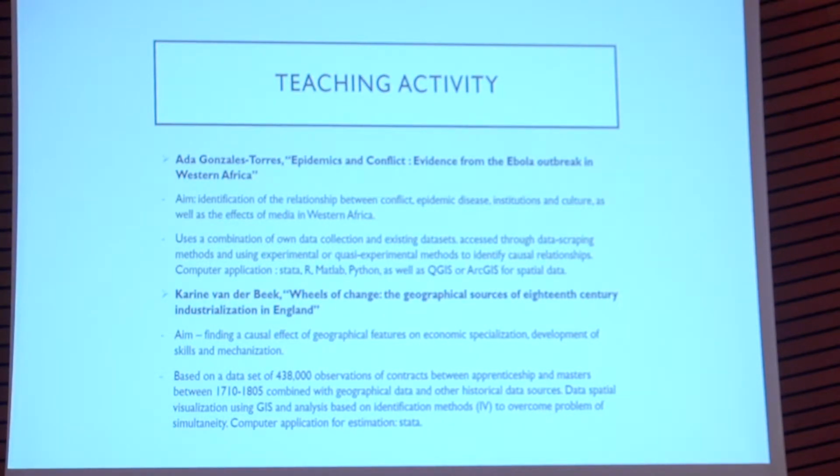So it comes from different years and different locations in England. And we merge it again with geographical characteristics and other historical data sets that we have. And we use both visualization, given that it's a spatial analysis, we use GIS, but eventually it's a regression type analysis where we again have to struggle with the identification and the causality, but we use data for the estimation itself.